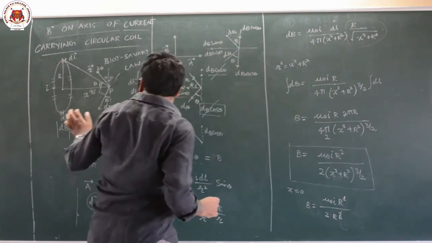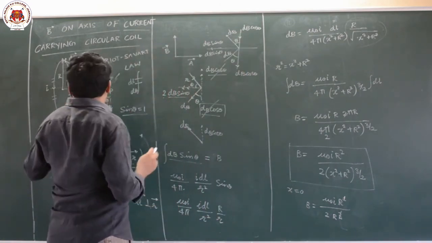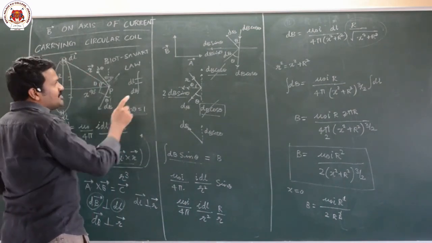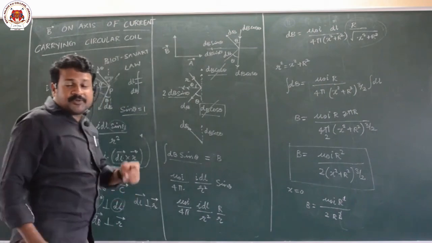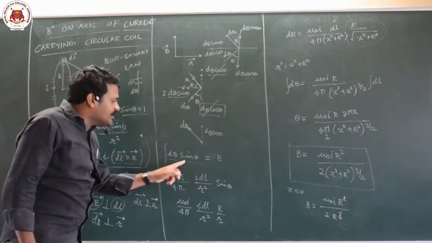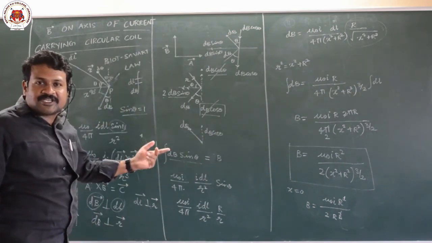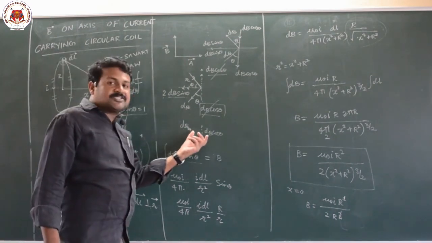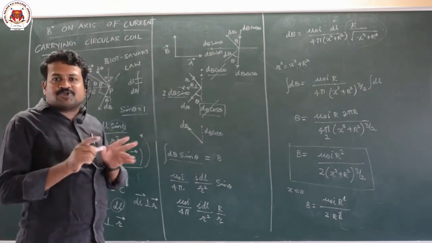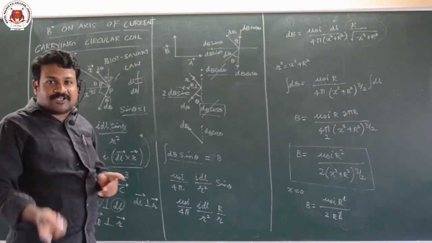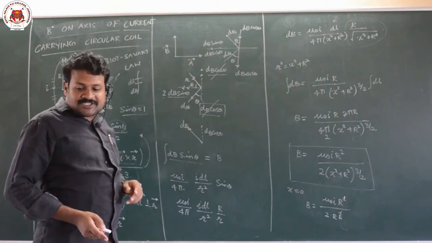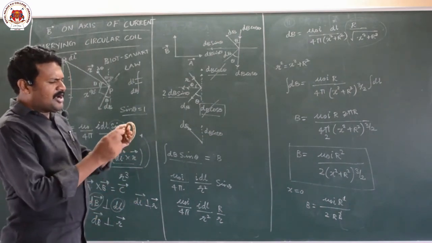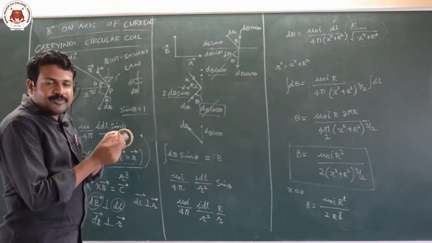They will be nullified because both will be in opposite direction. So why am I taking another opposite element? Because my experimental element which I have chosen will have two fields, one is cos theta and one is sin theta. But while deriving, I should take only the sin component. Why only sin? Because the dB cos theta of my element will be cancelled by the counter element present diametrically opposite. One more element will be there on the diametrically opposite side, that will be cancelled.